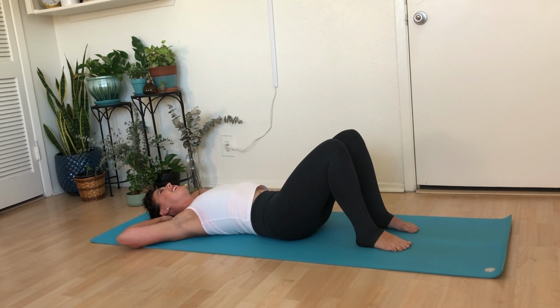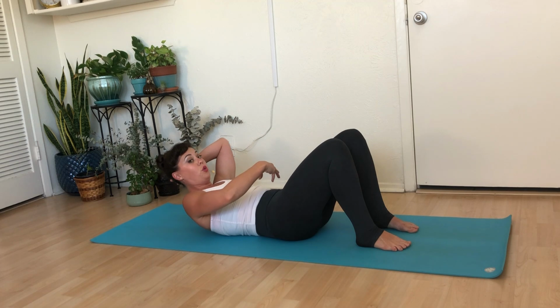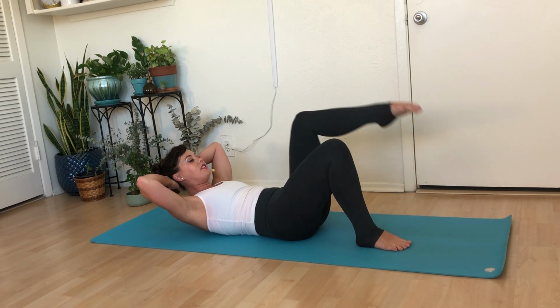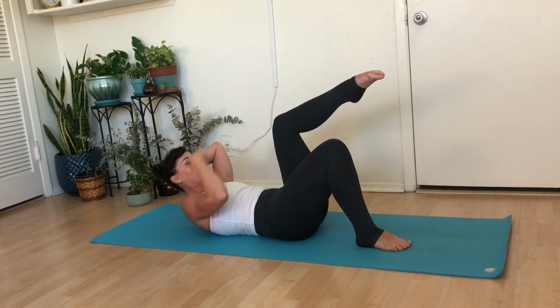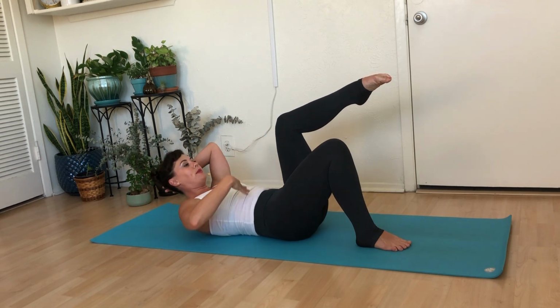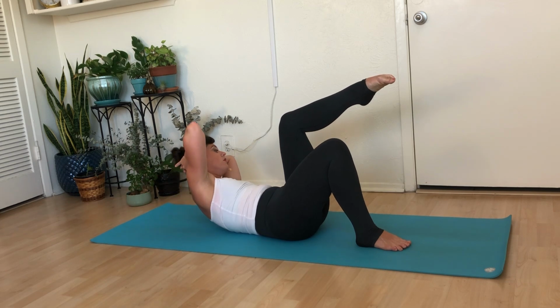Take a big inhale. Curl the head and chest up. Another breath. Make sure those abdominal muscles are working. Kick them into high gear. Take a big breath. Lift the left leg up. Now again, it's my shoulder reaching for my knee, not my elbow. It's not about how high I come up, but instead using those abdominal muscles to guide me over and set